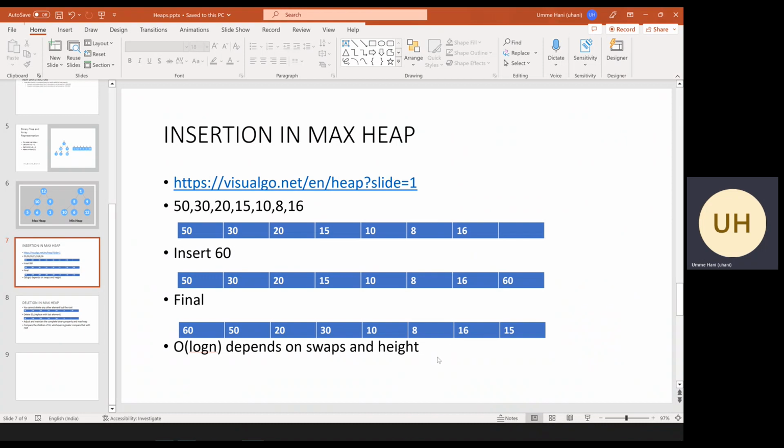So the time that it takes to insert, swap, and then maintain the heap property is big O of log n, because it depends on the number of swaps that we make and also the height. If the height is smaller, then it will take less time. If the height is larger, then it will take more time. So it depends on the height, and the height of a complete binary tree is big O of log n,